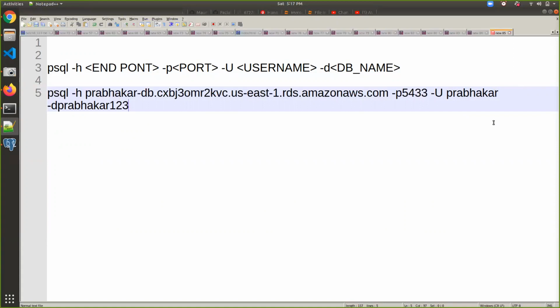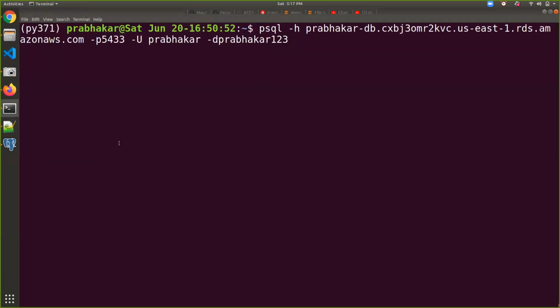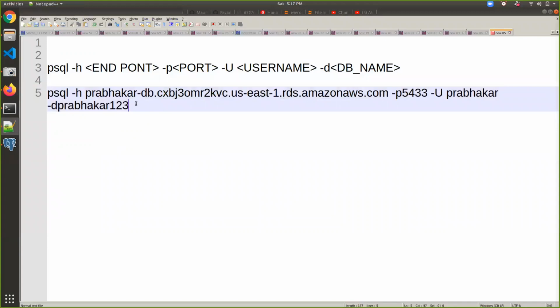Okay, so here are the settings I have used. Go ahead and copy this entire string and go to your terminal. Inside the terminal, you can paste it and press enter. Here is a small change: it is not a password, it should be the database name, and the password it will prompt you to enter. Here is the username. -U stands for username, -d stands for the database name.